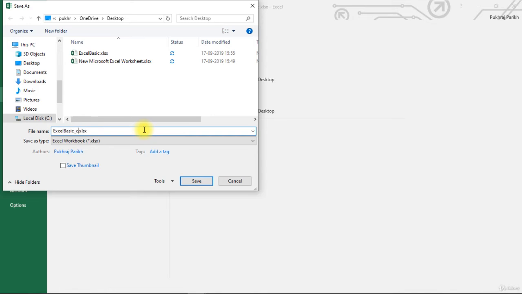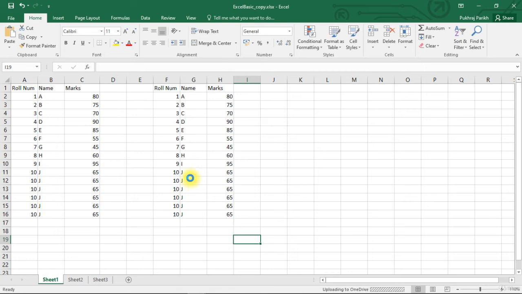So here I am saving the same file with the name Excel Basic Copy. The location is the same, which is desktop. You can see that the active workbook now has the name Excel Basic copy. This is the file that we saved just now. If you give the same name and same location to the new file, it will overwrite the previous file.